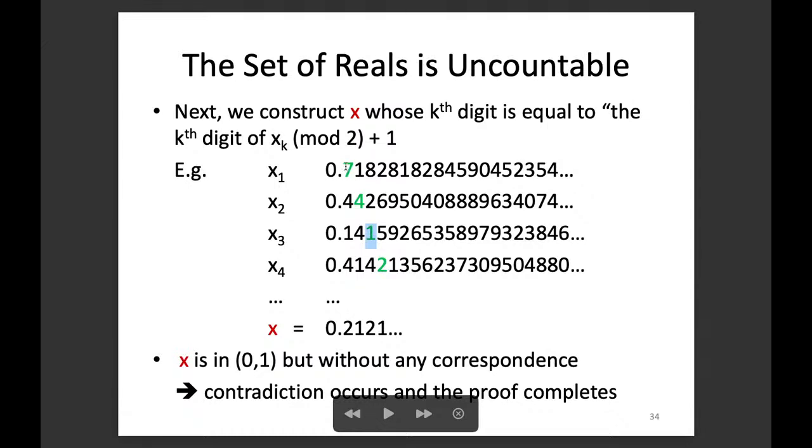So how do we do this? If it is odd, then I put an even number here, 2, let's say. If it is even, then I put odd. If it is odd, then I put even. If it is even, I put an odd. Is that okay? So in that case, we will see that this number x cannot be equal to x1, cannot